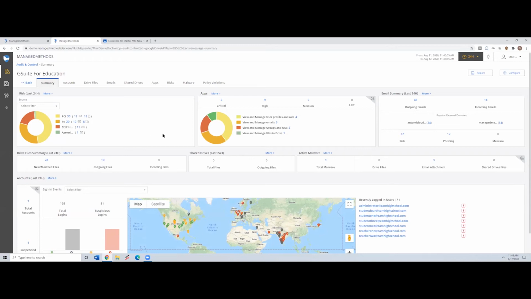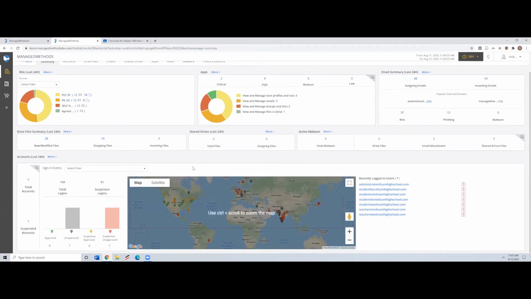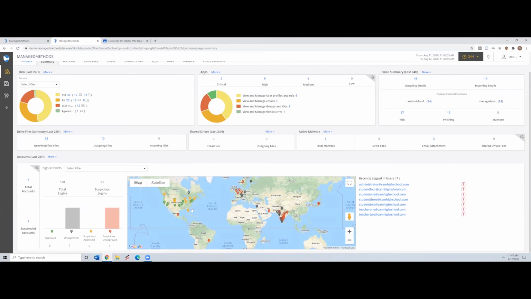So from a summary perspective, you can look at where all the activity is happening in your environment. For example, here is a bunch of logins happening from all over the world. It's actually not very unusual to see logins coming from locations that you don't expect. Most often they are failed logins because the bad guys are always trying to hack into systems, and they're running scripts, maybe from Romania or from Eastern Europe, to try to hack into an account, right? So you'd actually see them here.